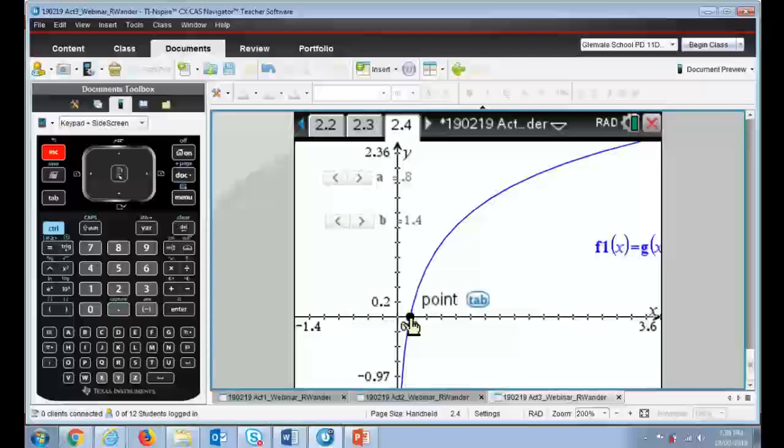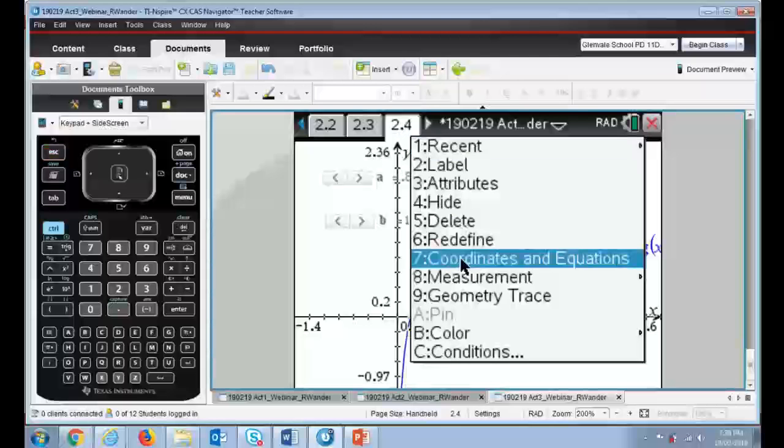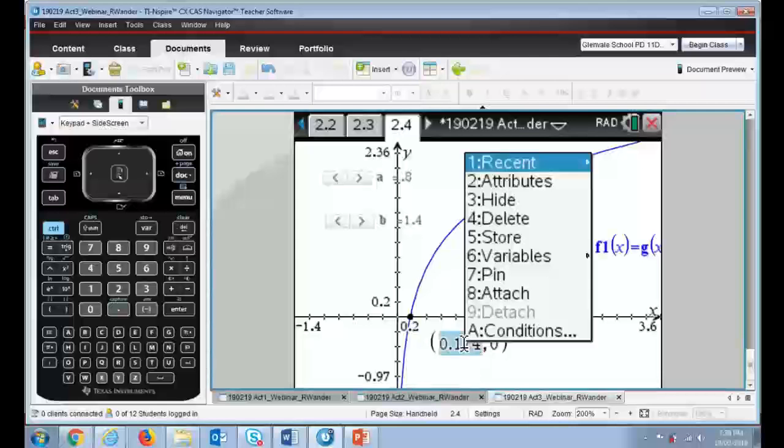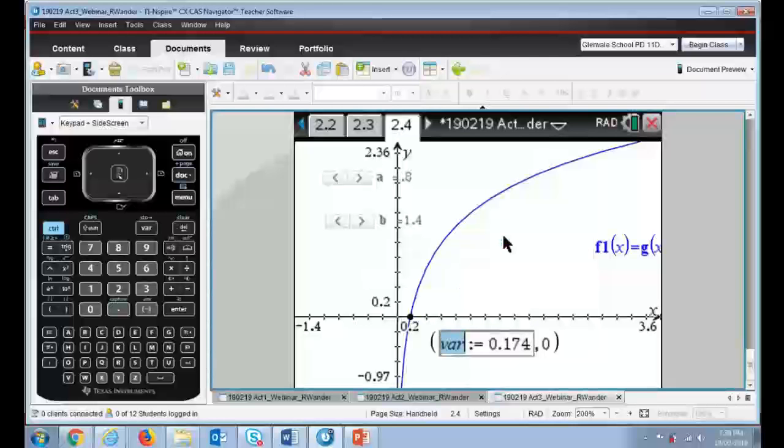I've done that. I want to go to the point and go for coordinates and equations. And at this stage, I can see that the actual coordinate there is 0.174. At this stage, I'm going to highlight the 0.174, and I'm going to store that as the variable h. Press Enter. And that's going to be important because the next thing I'm going to do is put a point on the graph, and I'm going to go back to my